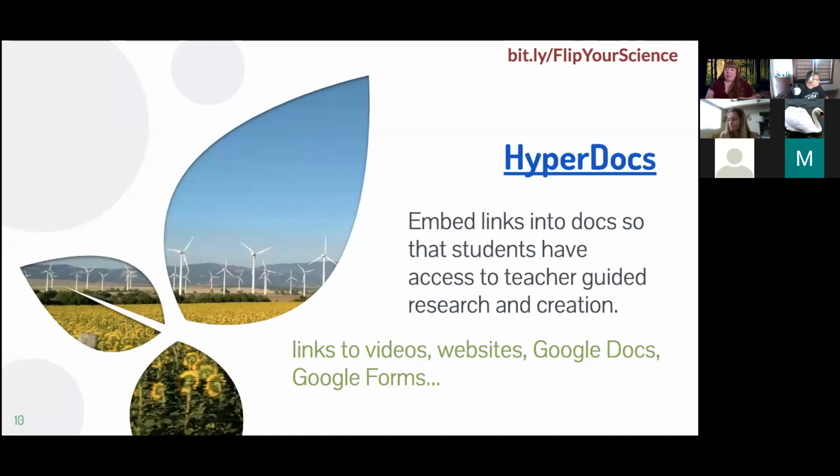It's completely teacher curated. And so it gives students the ability to research and actually do a lot of creation on their part. A lot of people think it's just a document that has links, and it goes far beyond that, and actually guides students through this 5E model that Angela just kind of explained.